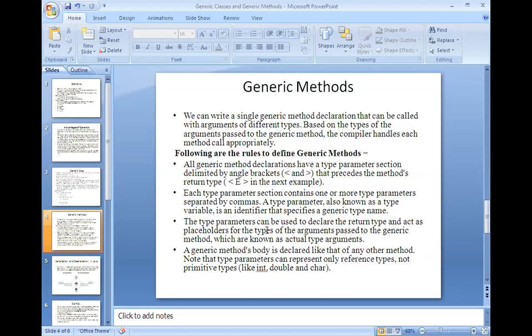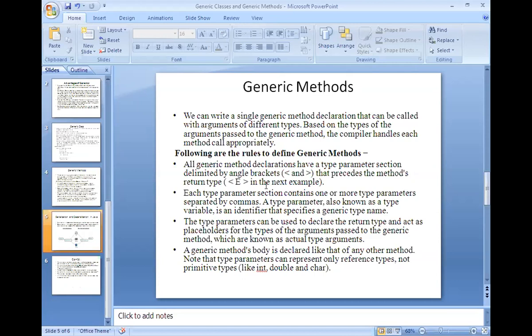We will see one example program on generic methods, and I'll close the session.